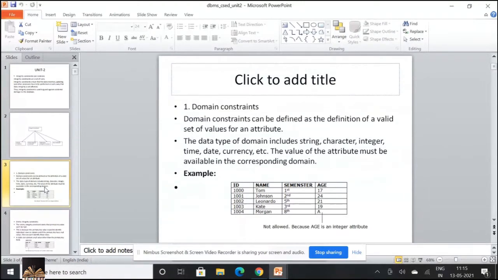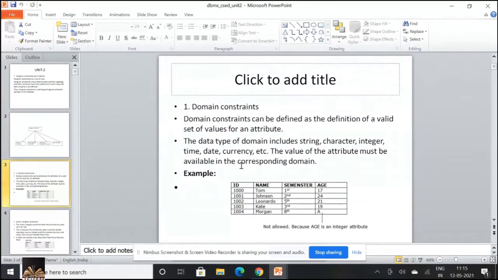Okay, talking about the domain constraints, it can be defined as the definition of a valid set of values. So what are the values that an attribute can accept is given by the domain constraints.